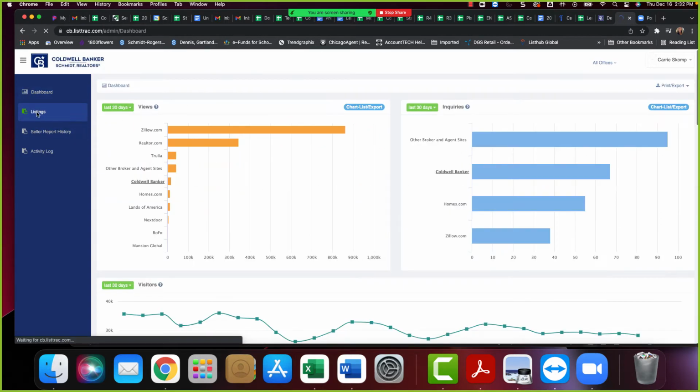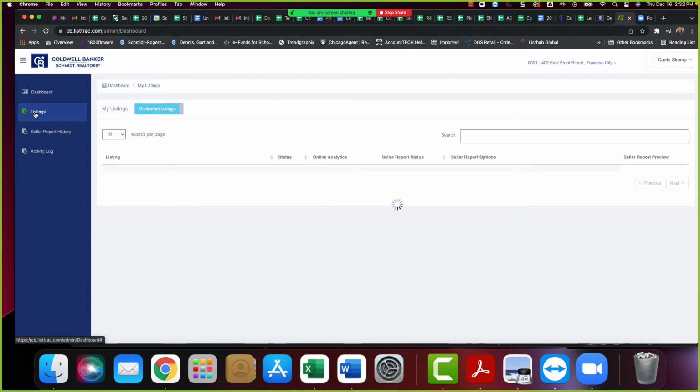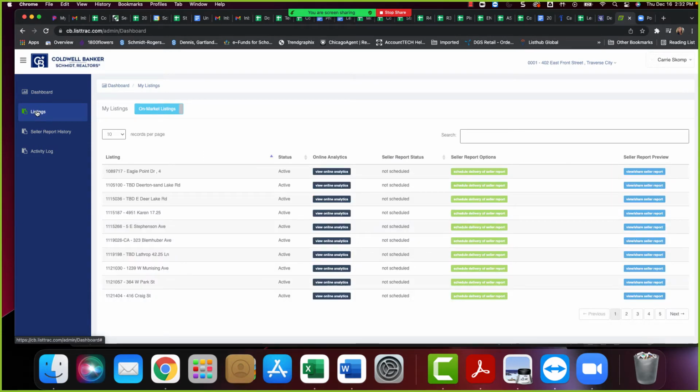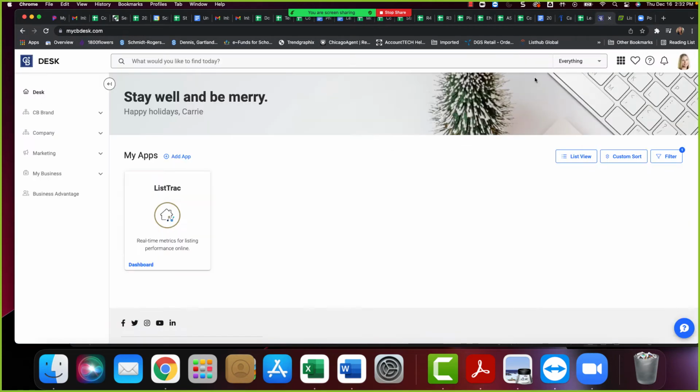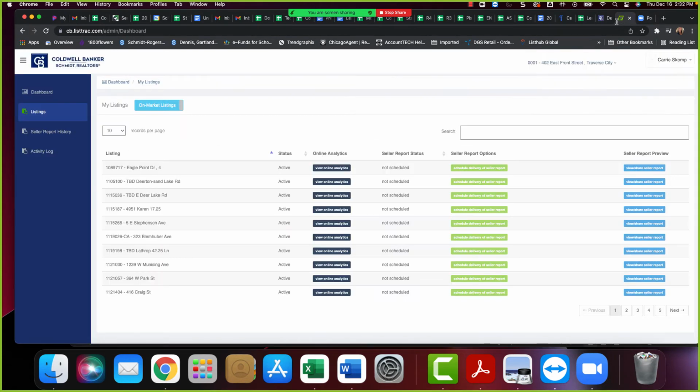When you come over here to the left and go to listings, any listing that you have, once you put it in the MLS, it starts syndicating out to a bunch of different places. One of the places it syndicates is right here to ListTrac. So if you would like to set up an email communication for your sellers, this is where you can do that. Again, we started in Desk, we typed in ListTrac, we ended up on our dashboard first, so we wanted to go to